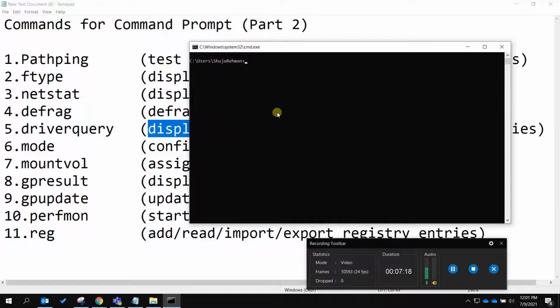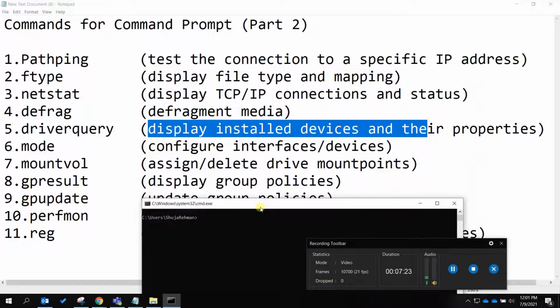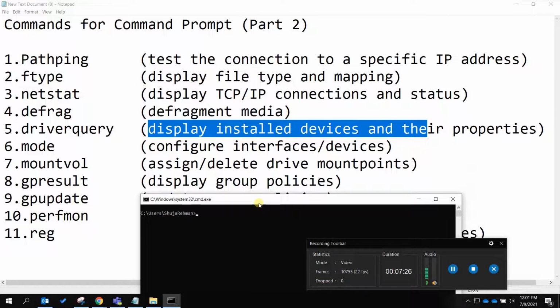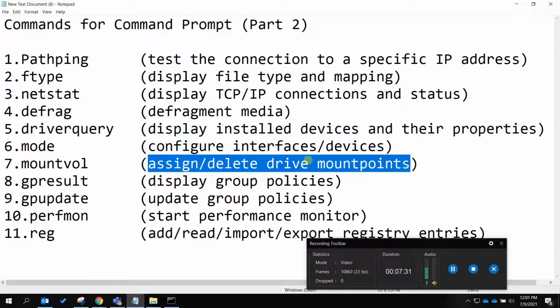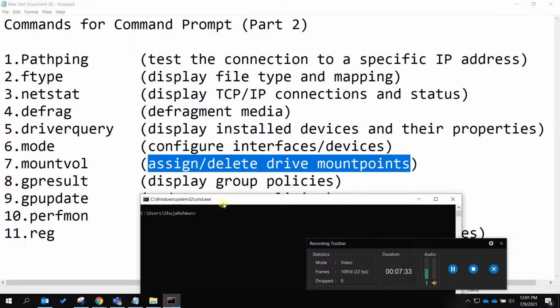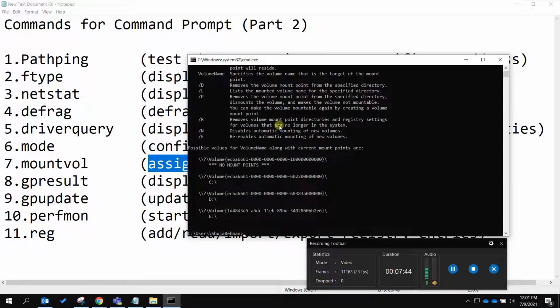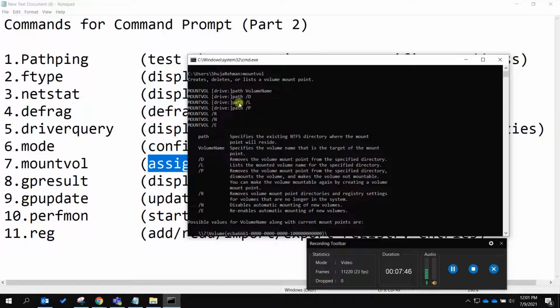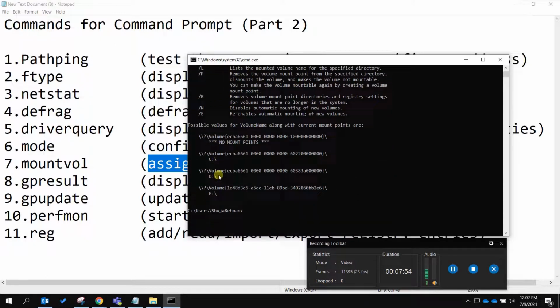And the mountvol command is for assigning and deleting drive mount points. You can assign and delete drive mounts with this command. Mountvol, and here all the drives in your system are shown with their path and volume specification. All these things you can do with this command.